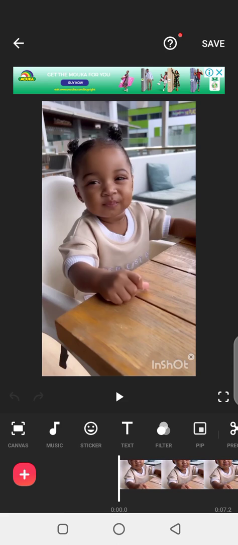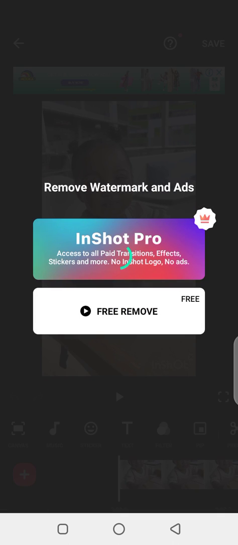So you need to remove this watermark for InShot, which is probably because it's just a free app and then they are doing their advert. So it's an advert for InShot. So you need to click on this small X to remove this sticker. So when you click to remove it, usually it takes time. I don't know what's wrong with the option, but